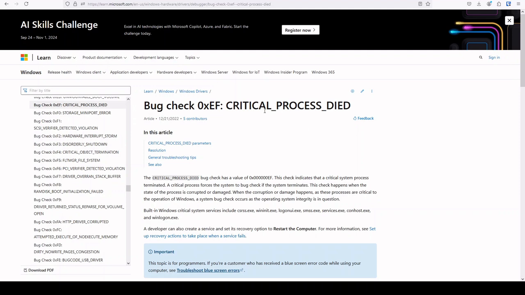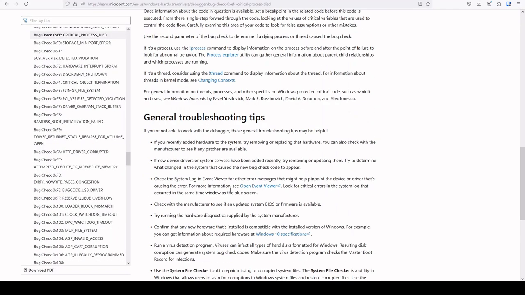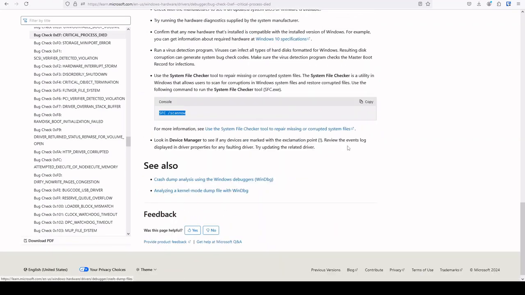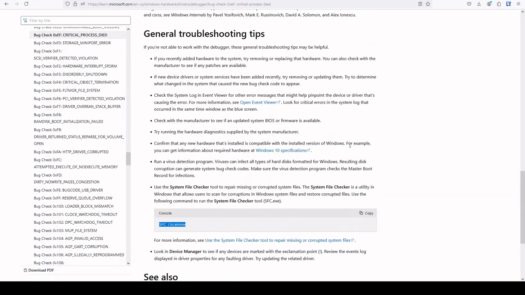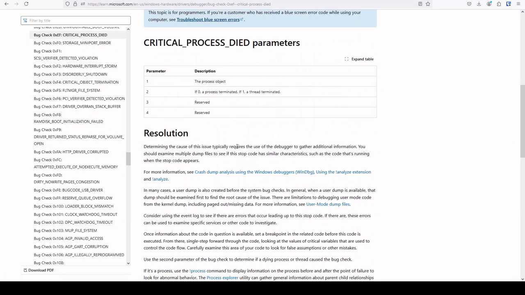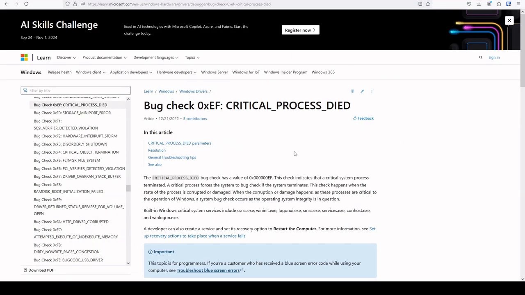Okay guys, so this is the error that we get from our actual bug check. We could see the 0xEF, we could see the critical process died, which we were able to pull with the Nirsoft software. This is Microsoft's website. And if we scroll through this, we could see the resolution, we could see the general troubleshooting tips, and you'll see that we have an SFC scan now, which is something we already did inside the image, that was not able to correct it. So we know that this error was caused by us changing the language files on that particular version of Windows. So I think at this point, let's just scrap this image and let's roll to an image that does work,